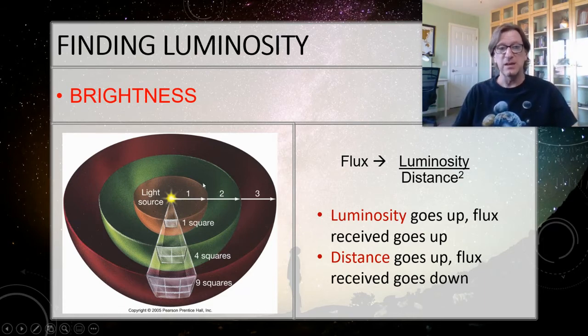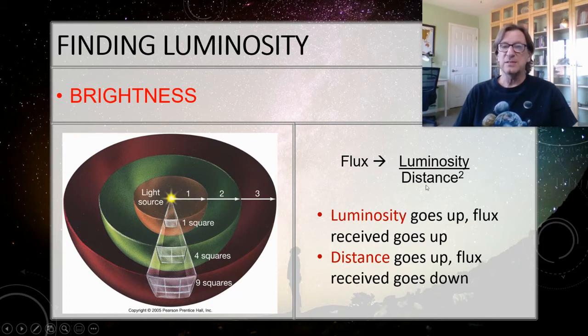However, notice that it's actually worse than just the distance going down. It's the distance squared, because 1 squared is 1, 2 squared is actually 4, 3 squared is 9. So that's why I have this squared here. You see how we're able to build an equation just from noticing what we see out in the sky? So that's where most of the equations you see come from.